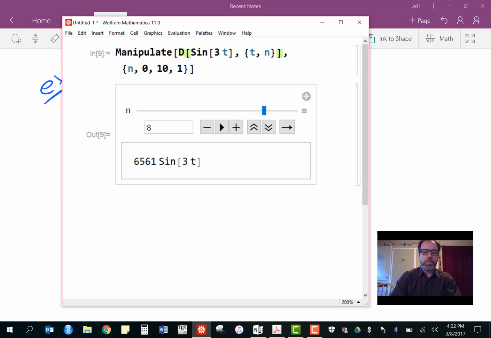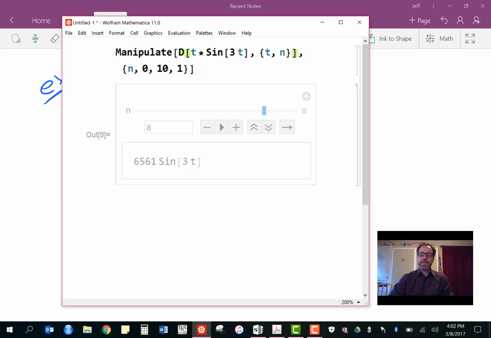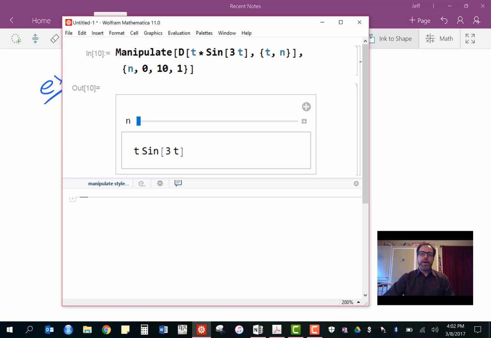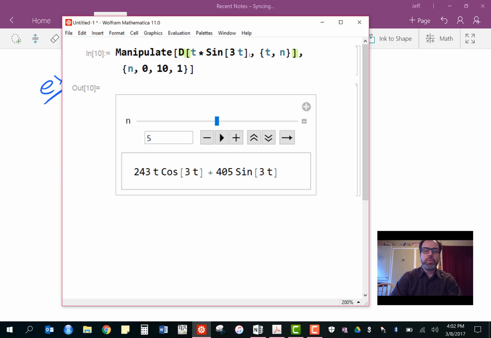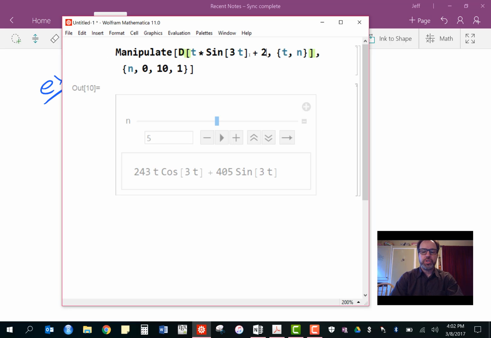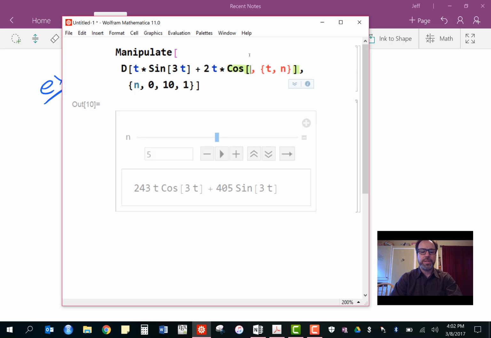Even if it gets a little bit more complicated, something like maybe t times the sine of t, when we start looking at the derivatives of that, then you can see there's a t cosine t, then there's a cosine t, sine t, and it alternates back and forth between those two things. If it was something even more complicated, like maybe 2t times the cosine of 3t,